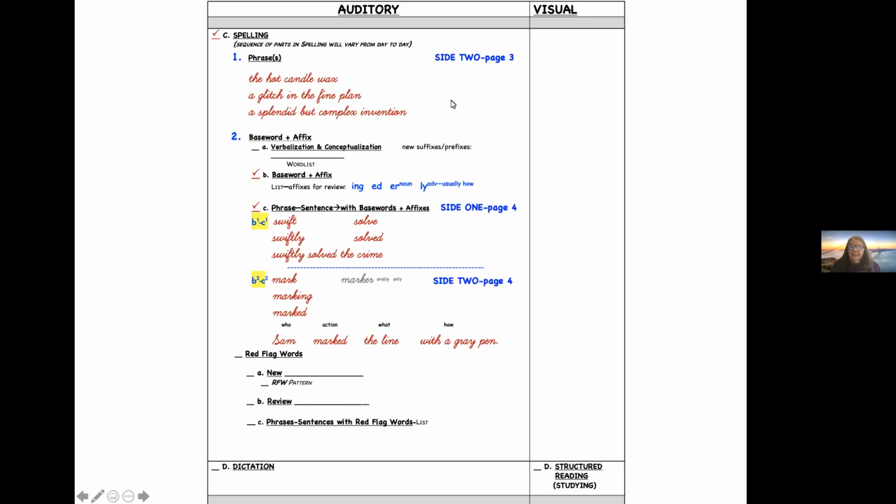Saying that if you use affixes, you could maybe do that part swiftly, if that's going to be in the phrase, and then do your phrases after that. When it just says phrase, it means these phrases don't have any words with affixes. I have more phrases and a sentence, but these phrases do have words with affixes. Okay. So if I wanted to practice, for example, in this case, I have a consonant-LE word here.